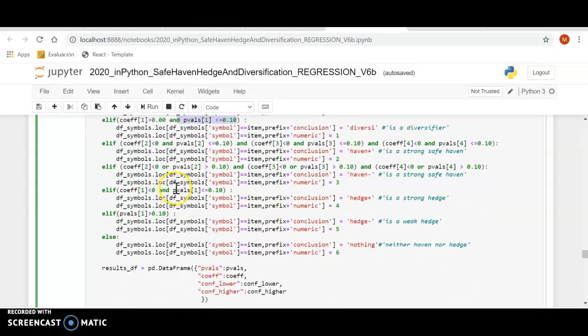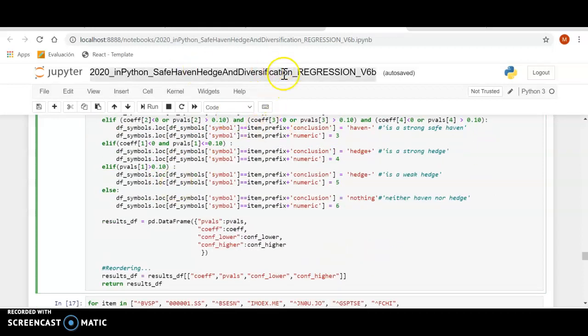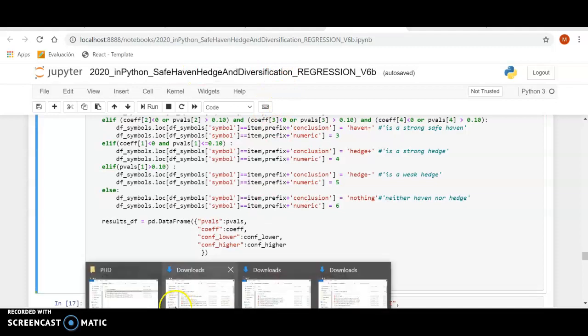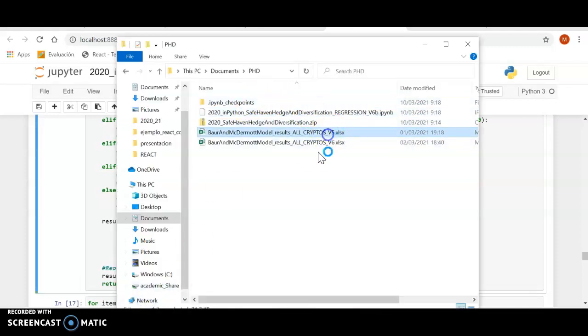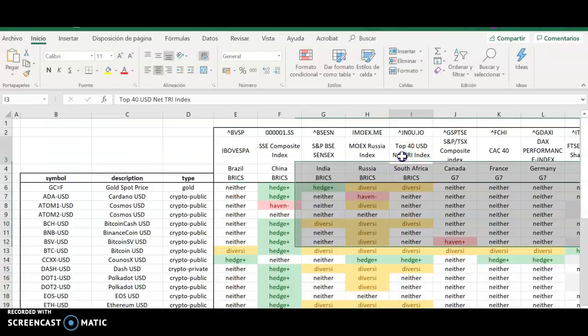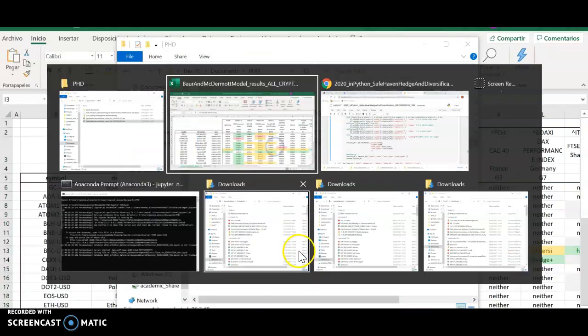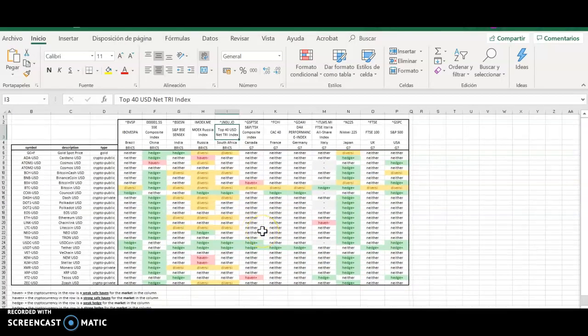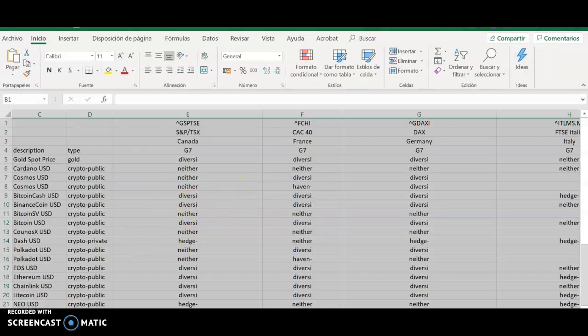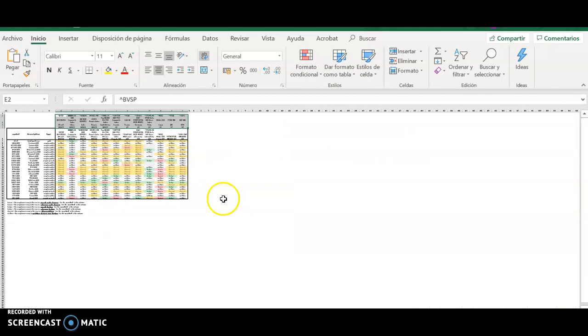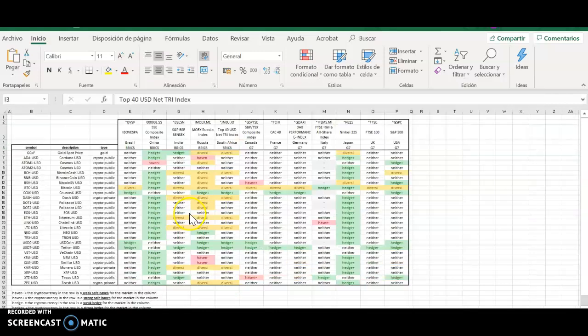So I revised everything in the criteria that you get here, and the issue is that it changes the result a lot. So I'm going to open here the 5 and the 6. Put it smaller here. So this is the 5, so you can see the colors here, and the 6. Look what happened. Basically, it changed a lot, the colors, especially in China